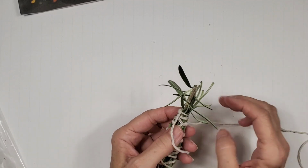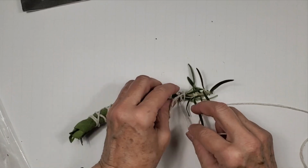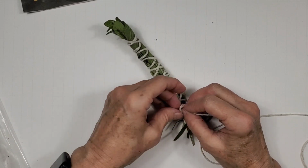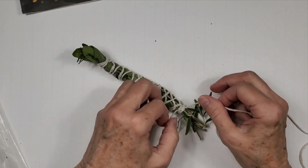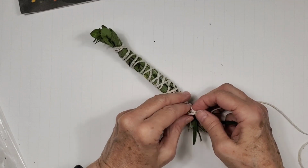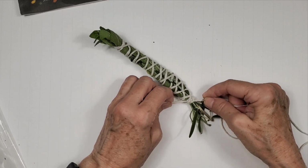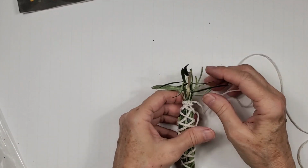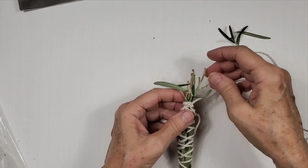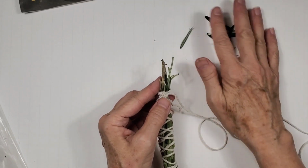All right, now we're down here. So what I'm going to do is go ahead and cut my cotton twine, and then tie, and tie. Man, guys, I've got to tell you, my fingers are just not working anymore. It's really discouraging. I'm trying so hard. I'm going to take this off, just like that. I was going to trim that, but I don't think I will. But I did want to trim this